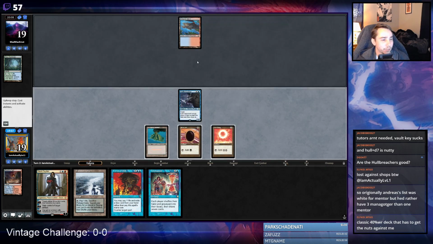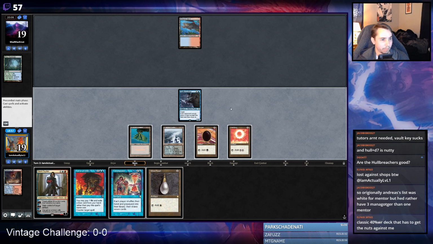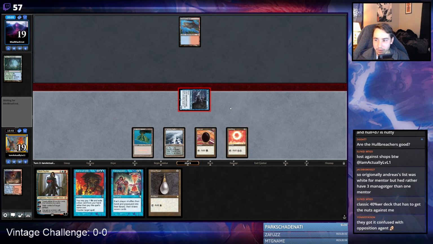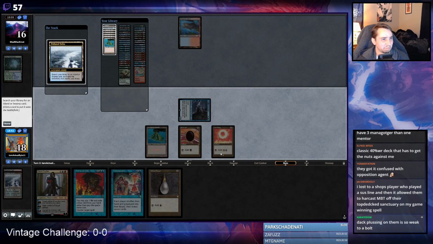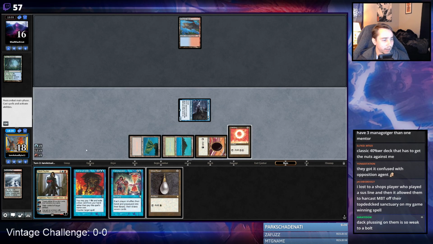Wait, so they just fetched but didn't do anything? How does that make any sense? Are they going to blast up? What's going on? I think I just want to go for Dack Fayden here. I mean, they clearly have something, right? I feel like we just want to Dack, but I really don't think we can justify Dacking